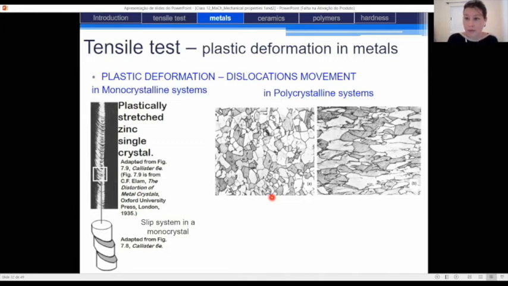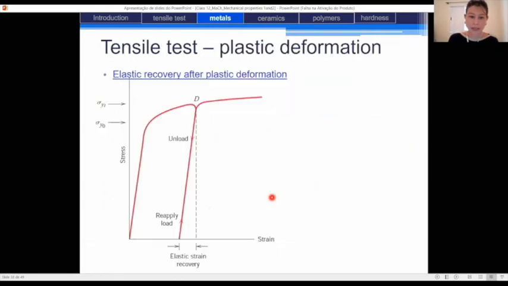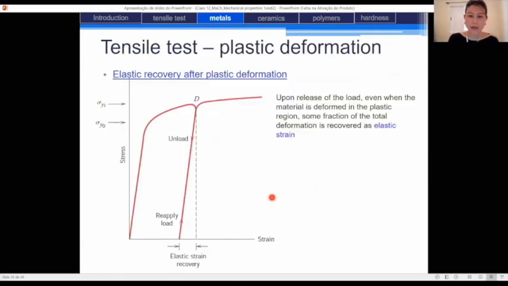So it will require a higher energy, or I can also say a higher load, to make them move. This is the strain hardening phenomenon, and it explains why